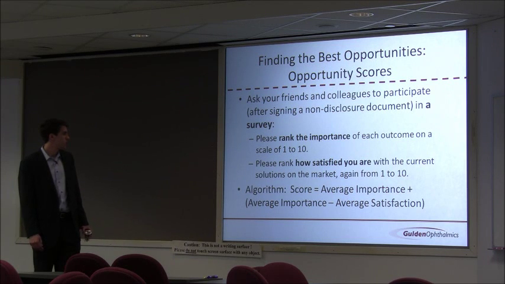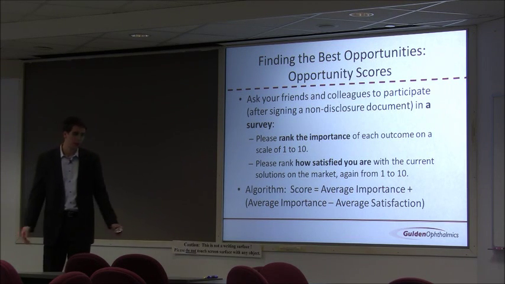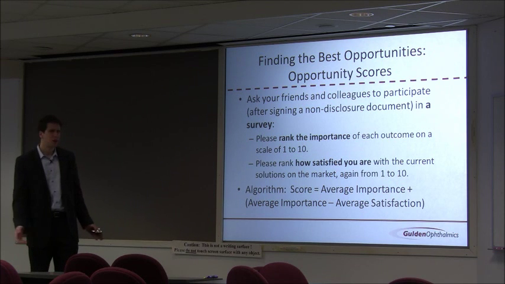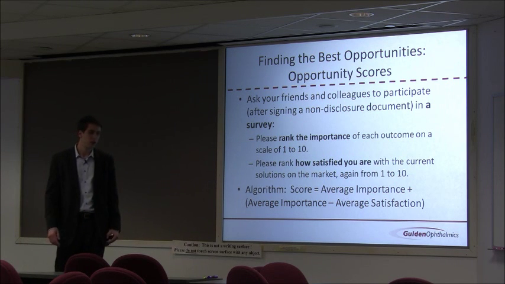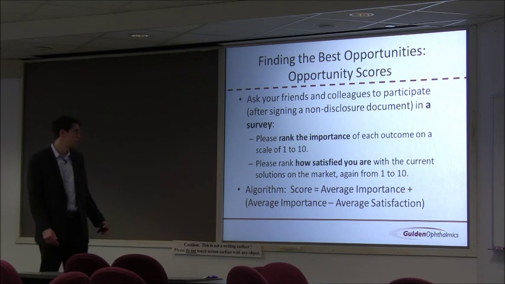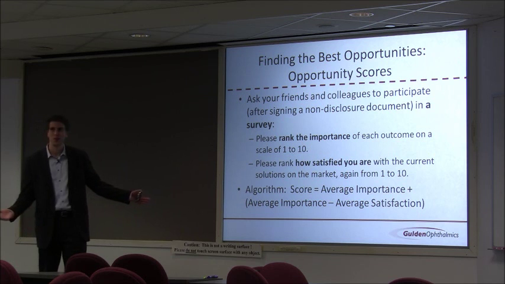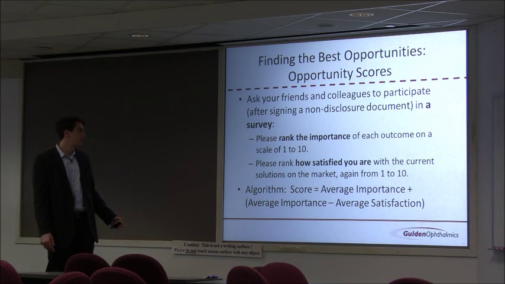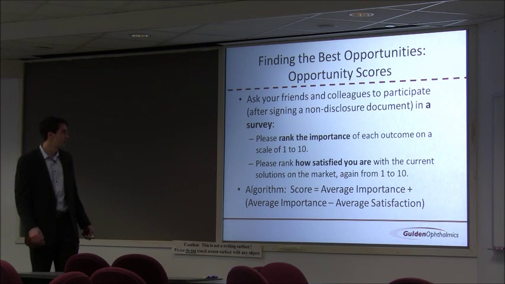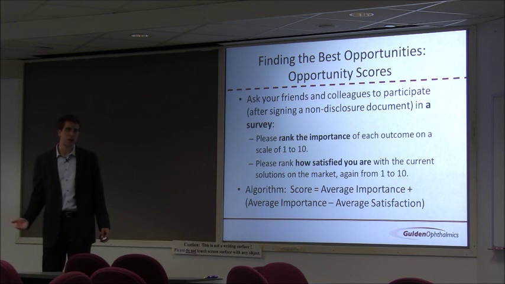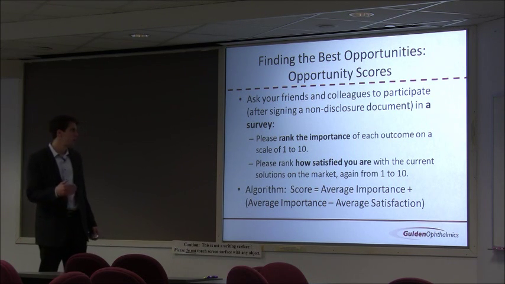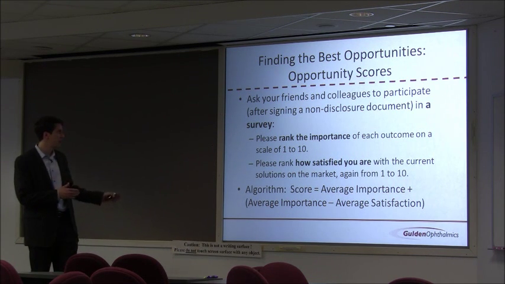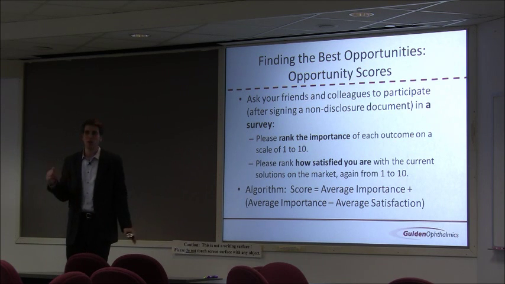Okay, so what's an opportunity score? It sounds fancy. It's not really that fancy, actually. Basically, what you're going to do is take your list of outcomes and go to your friends who you trust, or who, if you don't trust them, make them sign a non-disclosure document, and then show them your outcomes and say, hey, you know the market, you know what I'm trying to do here with this device. Why don't you, for each of these outcomes, rank on a scale of 1 to 10 how important each one